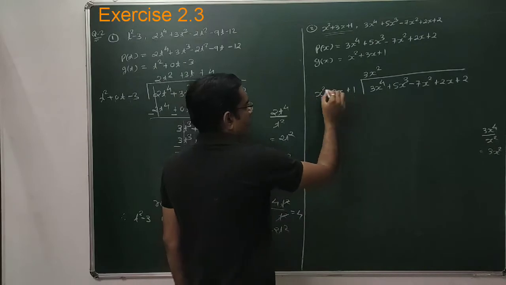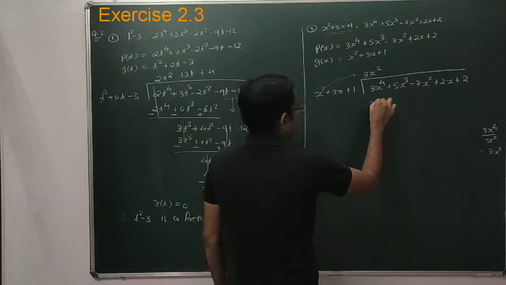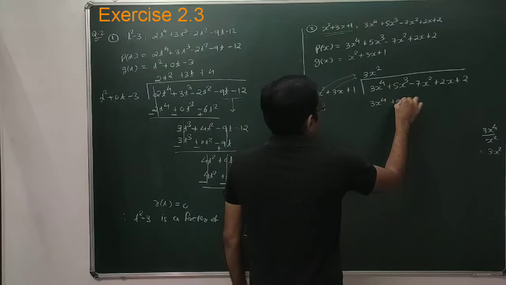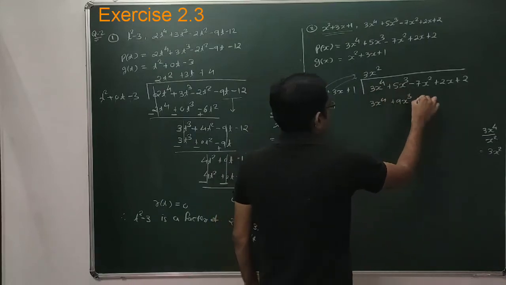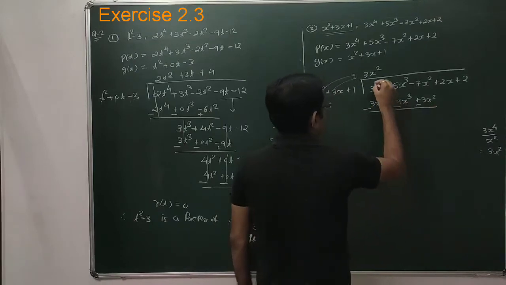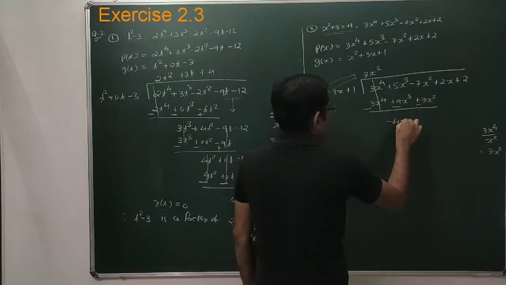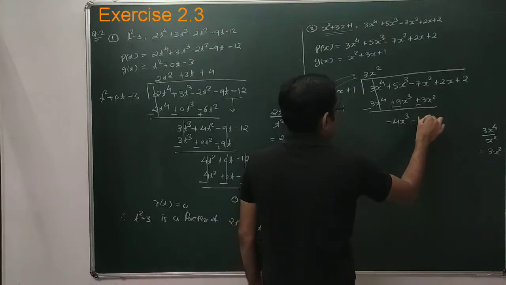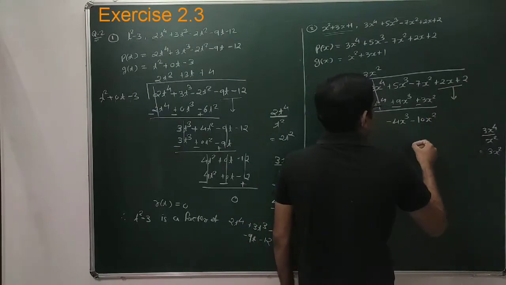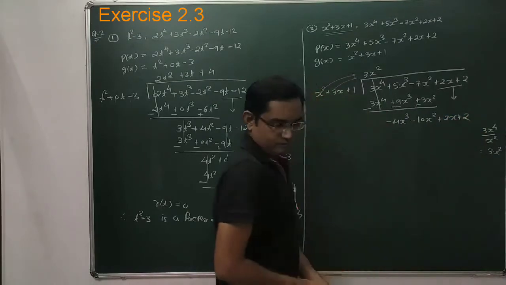Now multiply all these three terms with this quotient. So x square into 3x square, so it's a 3x raised to 4. Then 3x with this 3x square, so it's a 9x cube plus 3x square. Change the sign, minus minus minus. This will be cut. 5x cube minus 9x cube, which is minus 4x cube, which is minus 10x square. Take these remaining terms with this minus 4x cube and minus 10x square. So it's a plus 2x plus 2. Done?